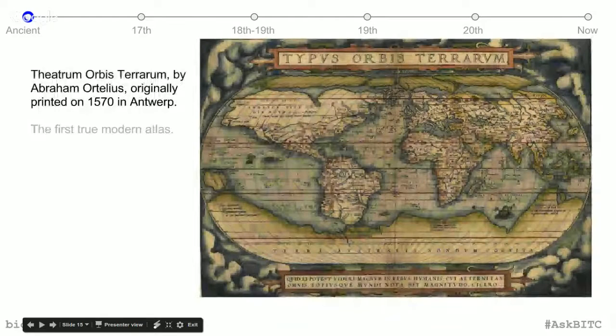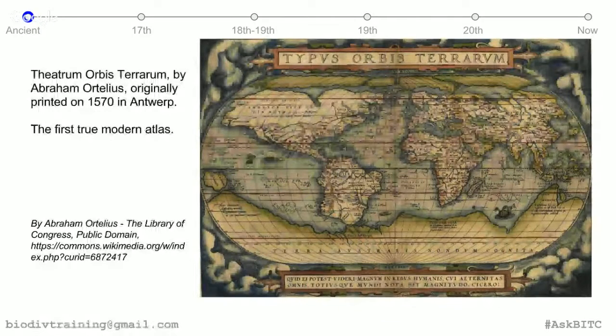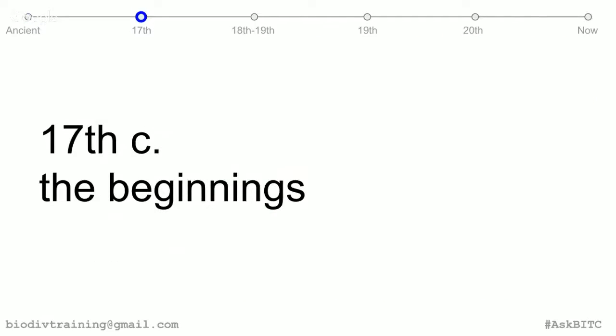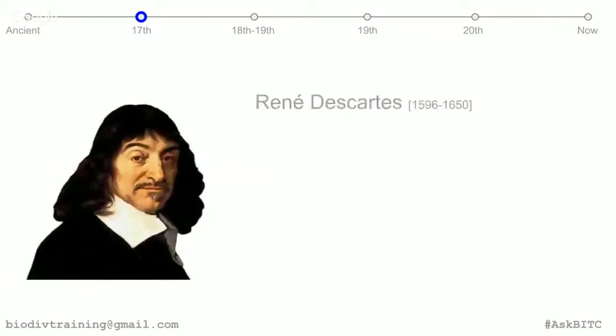This map here, the Theatrum Orbis Terrarum by Abraham Ortelius, is considered to be the first modern atlas beyond previous efforts to record local areas such as the Egyptians. But this was to give you a brief idea of the tools and techniques that laid the foundations for the true beginnings of data visualizations, which took place in the 17th century, and basically came from the hand of this